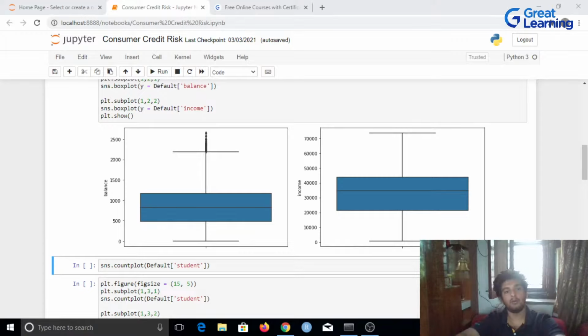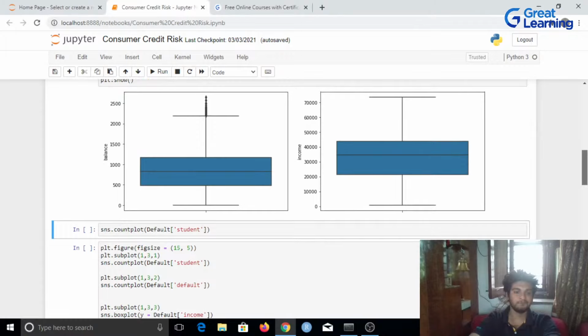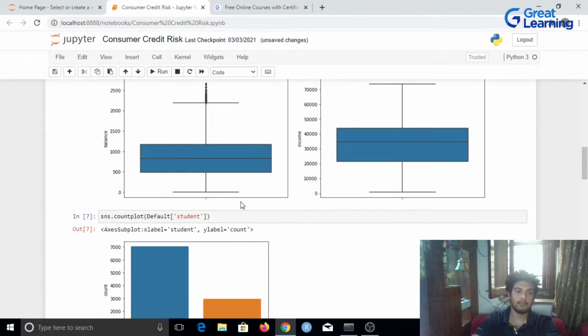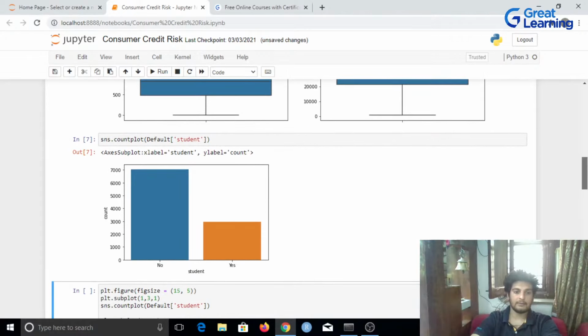What we've done is we have made two box plots over here, and after this I'll also make a count plot. Let me run this again, and as you see this count plot gives me the distribution for the students column.